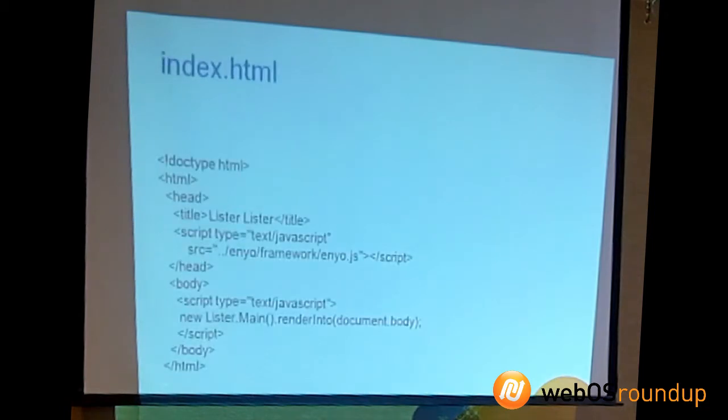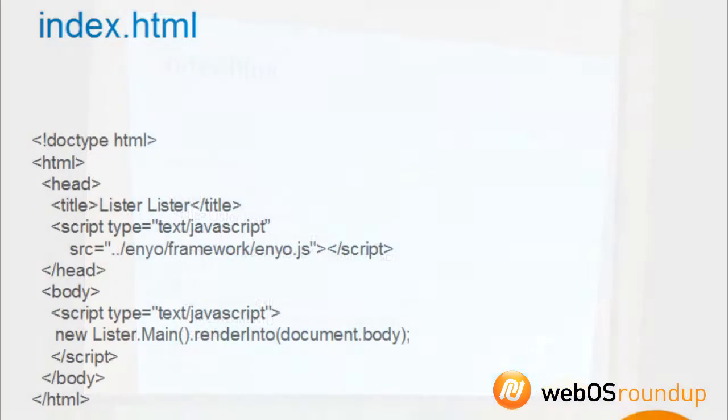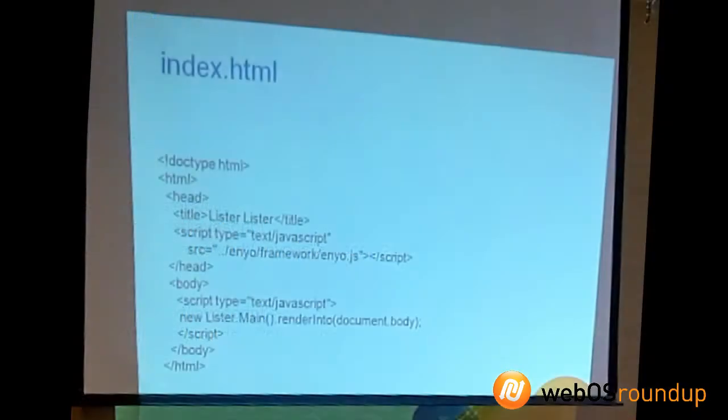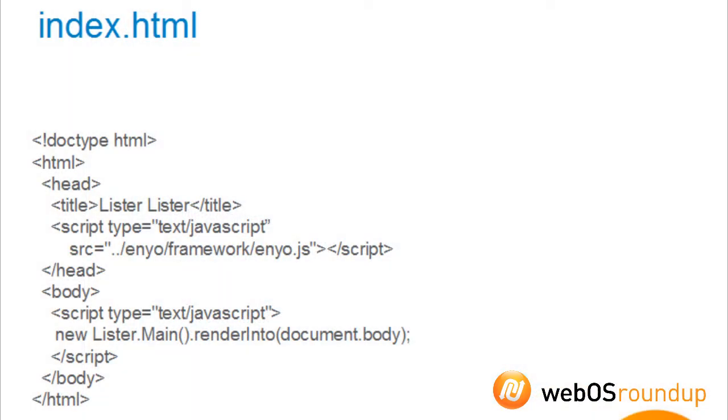Your index.html is super simple. Standard HTML. You have your title, which really doesn't matter because it doesn't get displayed anywhere. Your script includes the Enyo framework. Do keep an eye when you're testing in the browser and you're getting ready to compile for the device, the paths are going to be different. But then you have your second script tag, which just tells it to render into the page your lister.main